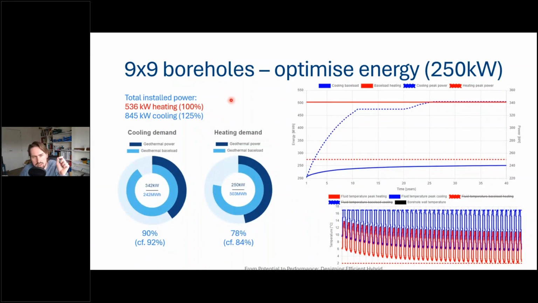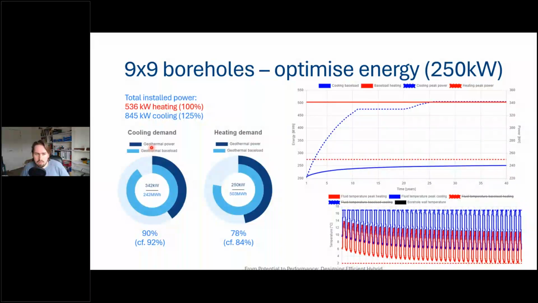And this is really interesting because now we have 100%. We do not have any oversizing for our geothermal system. With 250 kilowatts, we have 78% of the heating instead of 48% when we installed twice as much, 510 kilowatts. And this is due to the fact that